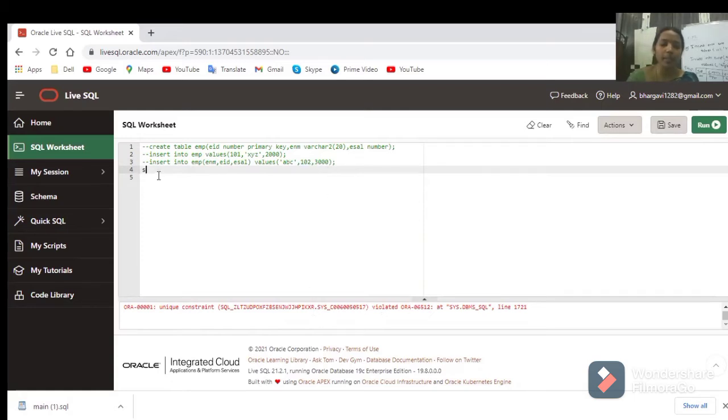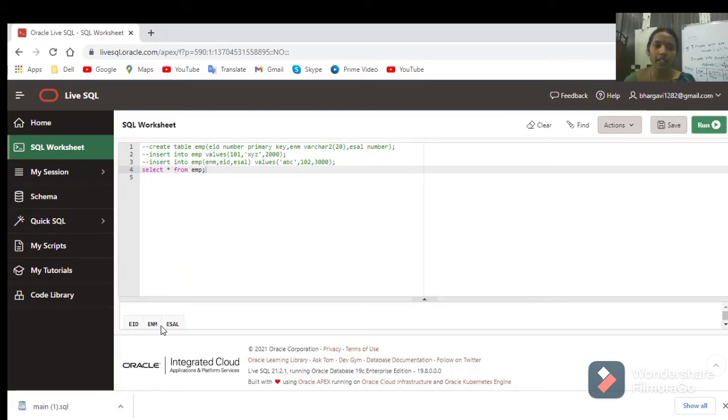Now I want to display my table. So if you want to display the data along with the column names, we have a command called select. So what is select? We'll know in the next session completely. Select star from table name. So table name here what? Employee. So this is the syntax of select command. What is this select? What is star? What is from? Everything I will tell you in the next session. So just simply remember that select star from employee. So it will show you the table along with the column names.